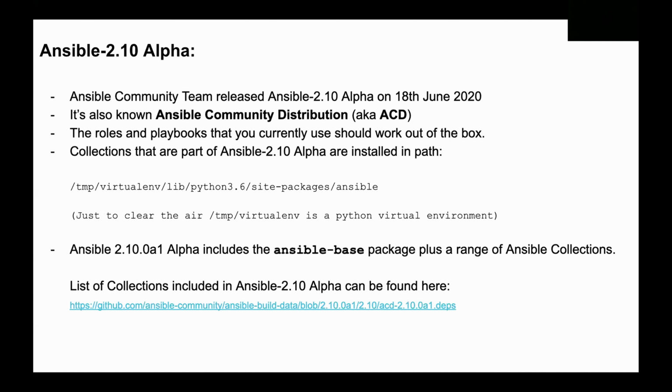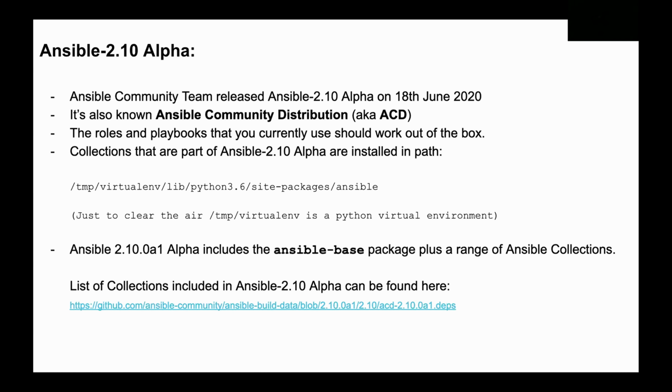Next, you may ask that, okay, I have to install Ansible base and then I have to install collections separately. But the playbook which I'm already using contains so many modules. And what if those modules are not present in the collections which I have installed? The answer for that is you have to install the collections. If you're missing out a few modules, then you have to make sure that you install the specific collections.